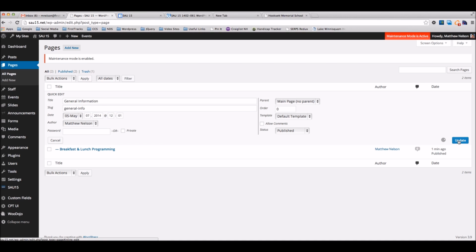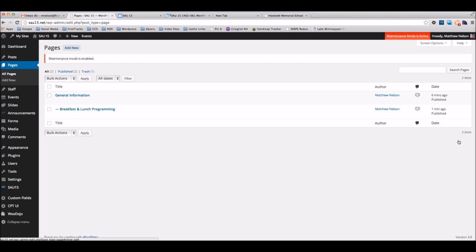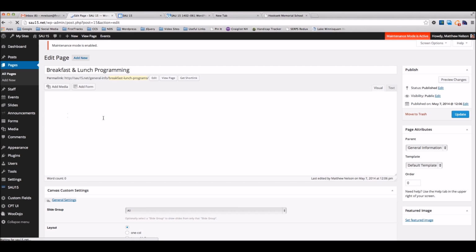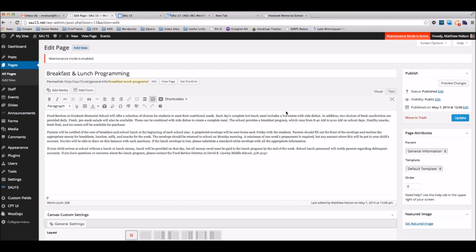Is there a preview button where you can see what it looks like with the style before? If you've used Joomla in the past, this does light years better than what Joomla ever did, because you could only ever preview something in a little box, and it was like, oh great, that tells me a whole lot about how that's going to look. Since I've already published this, it doesn't say preview page, but if I made edits to this,